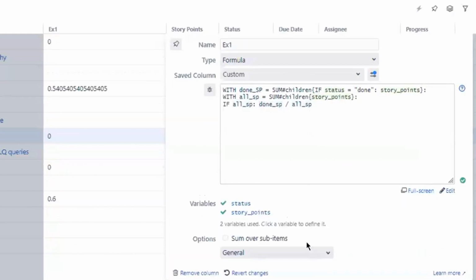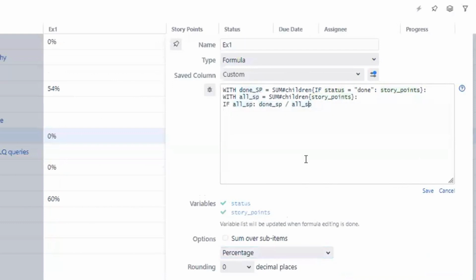Let's click save. And I probably change the output to the percentage. And it gives me the percentage of completed story points on the epic level. Again, for example, it can be much more complex. We can use much more complex functions over here and build a much more complex resulting formula. But it's just the way you look at the variable. So in this case, this is a local variable